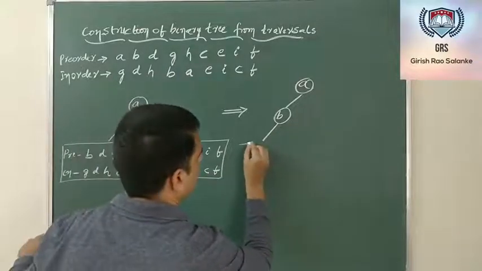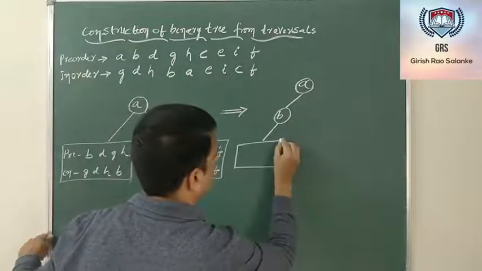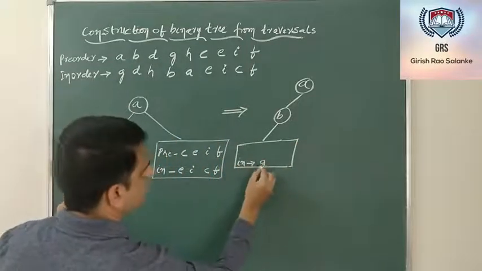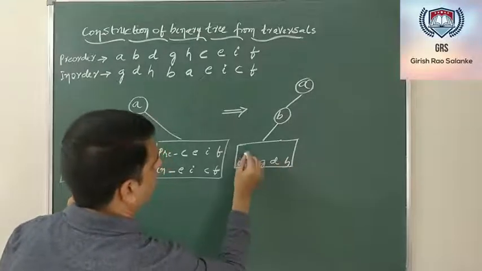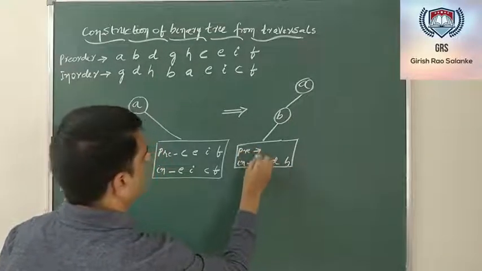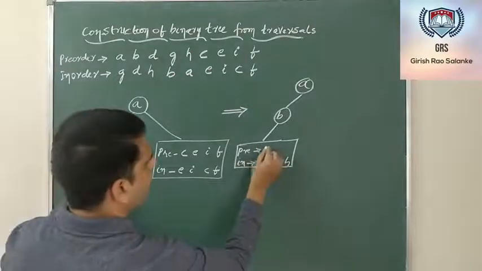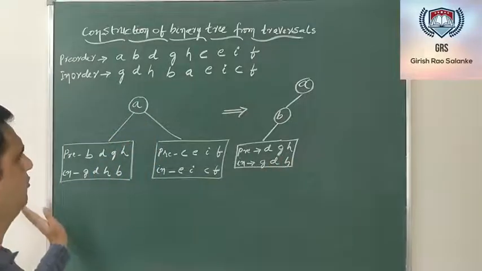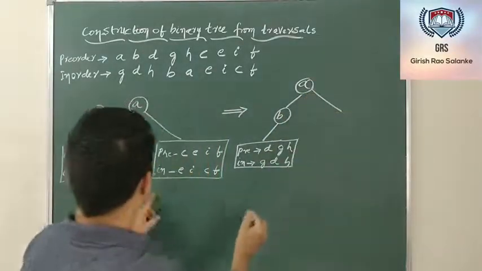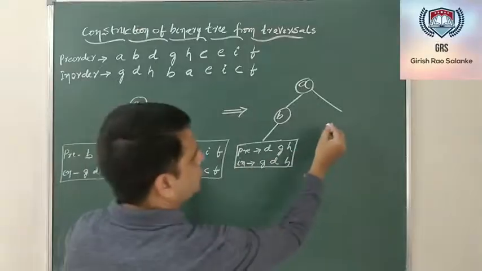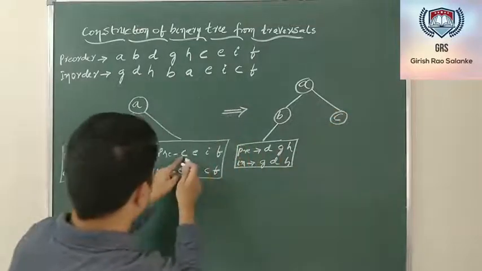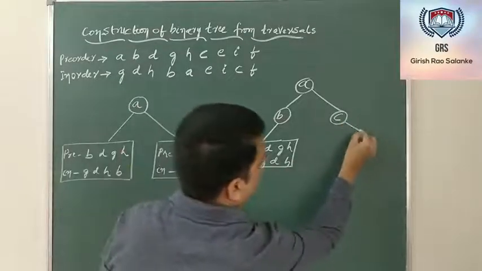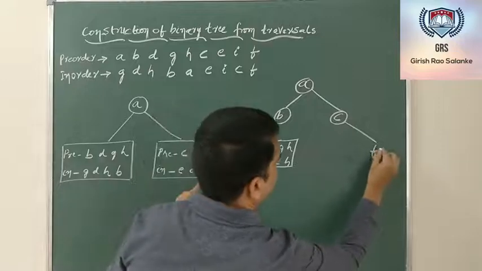So in the left one, I will retain as it is. In-order as G, D, H, and the corresponding pre-order as D, G, and H. So this was with respect to the left subtree. Now coming to the right subtree, the first node here is C, it has to be the parent. Now check the existence of C in-order. To the right side of C there is F. So there is only one node, so it has to be the right child.